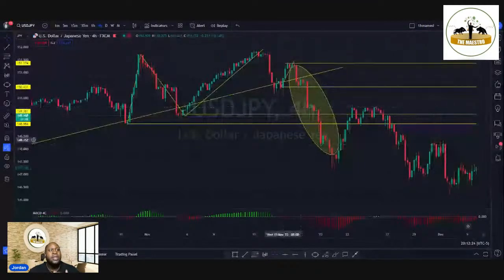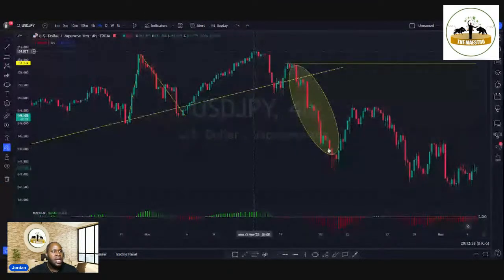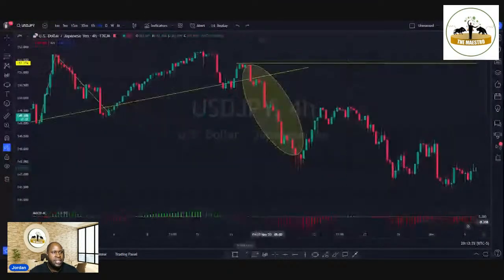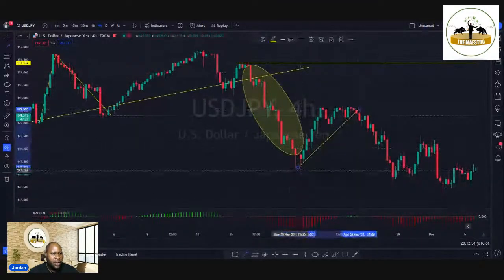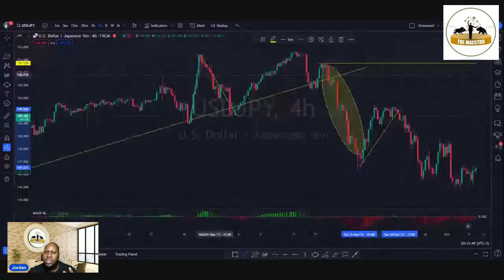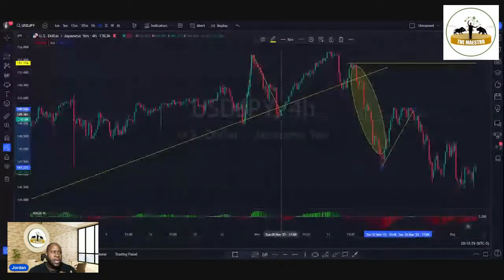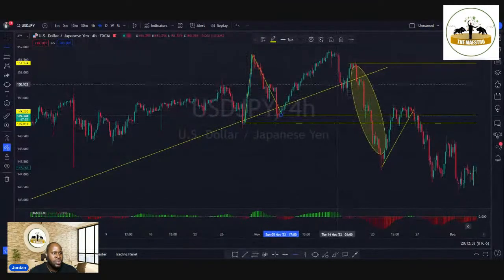The confirmation, let me just remove some of this. The confirmation that this is a reversal is that I need to see that when this move creates its retest, in other words, this over here, I want to make sure that the retest now doesn't pass the previous high, okay? I know it's a little confusing, but on uptrends, on the retest, we want to make sure that we are making higher lows, all right? We want to make sure we're making higher lows again, higher low, higher low, higher low for